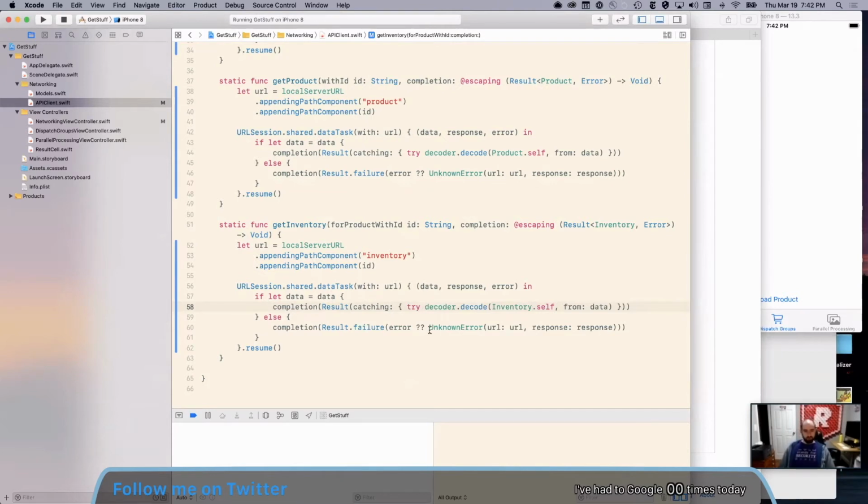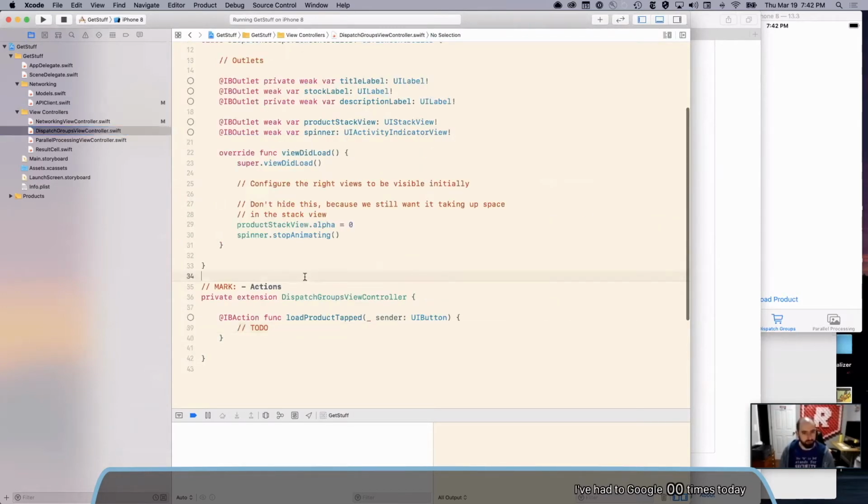Okay, so we have our two methods. This one's going to get us a product, this one's going to get us an inventory, and they're going to both go off and do their own thing, and they're going to come back asynchronously at some time in some order. It's not defined. We can't really rely on that. You'll see this sometimes, like, oh, I know this endpoint's faster and this one's slower, so I'm going to just rely on that order. You really shouldn't rely on that order. You should make the ordering explicit, or dependency on ordering. That's what we're going to do. We're going to say we definitely don't want to handle the result until both of them have definitely come back.